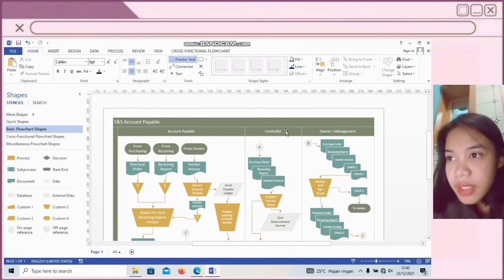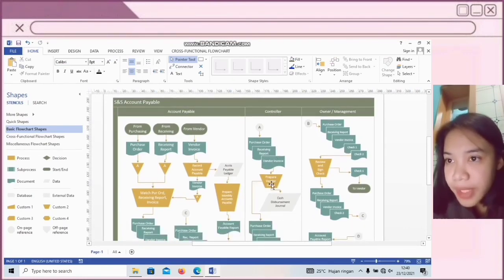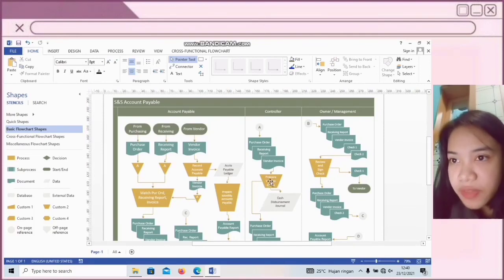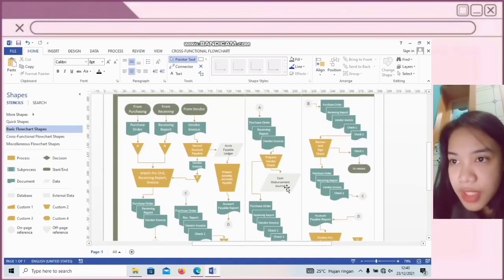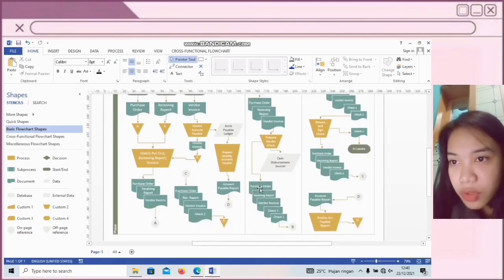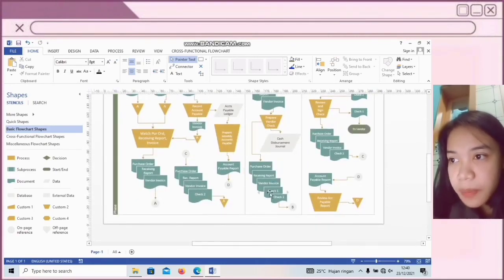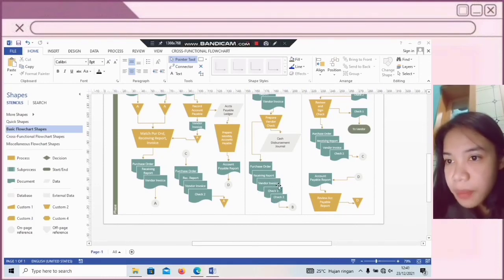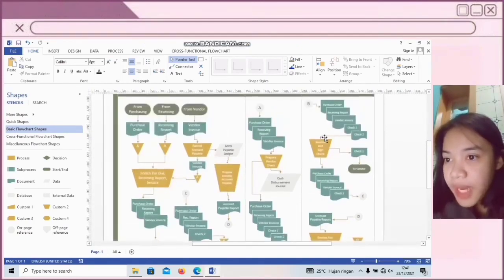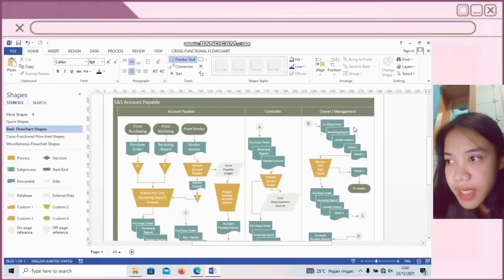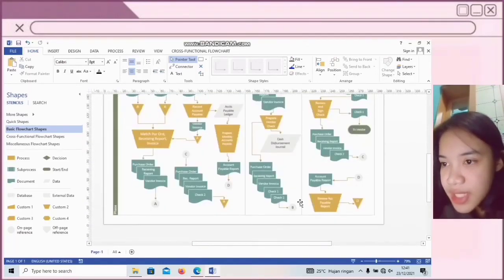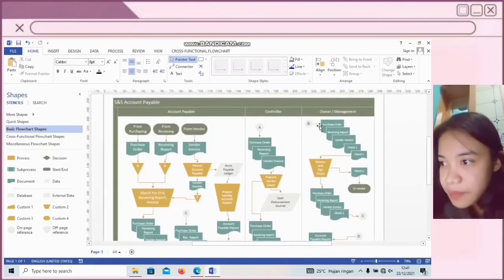Then the controller department will process these three documents. The controller department prepares vendor checks, and the vendor checks preparation process is done manually. The output of the process is used to create a cash disbursement journal. The process of preparing vendor checks produces a file in the form of checks which will then be doubled. The continuation of these 5 files will be processed by the department manager because of the circle B symbol, and the continuation of the circle B symbol is in the manager department. Then the six files are processed by the department manager.